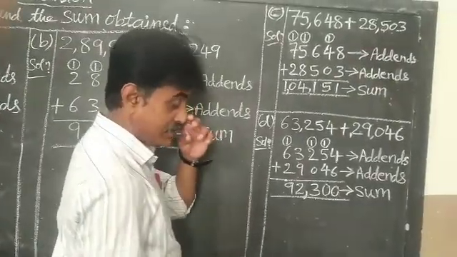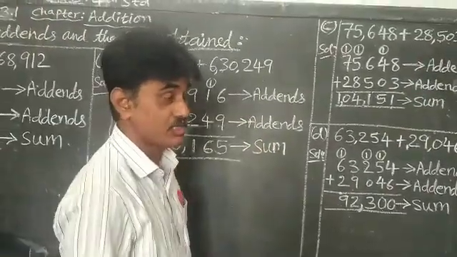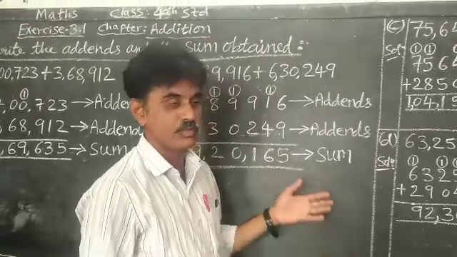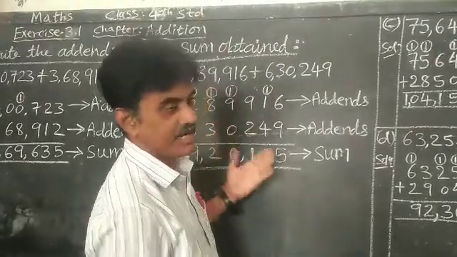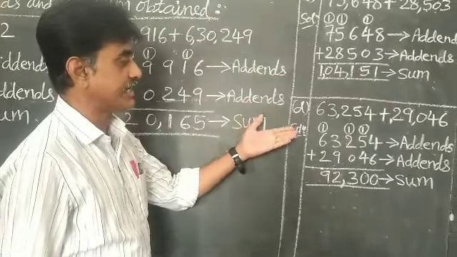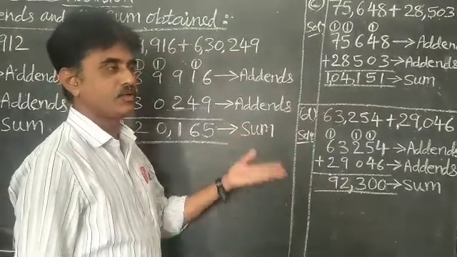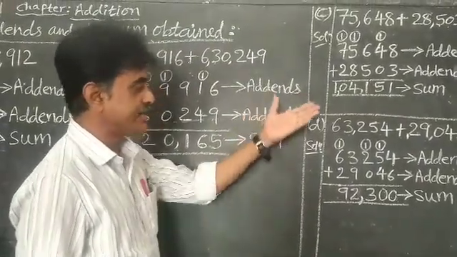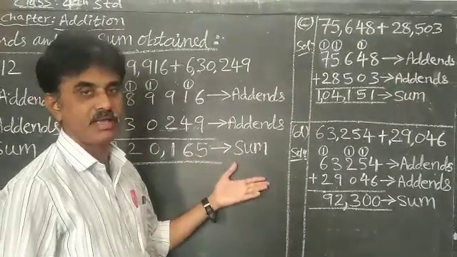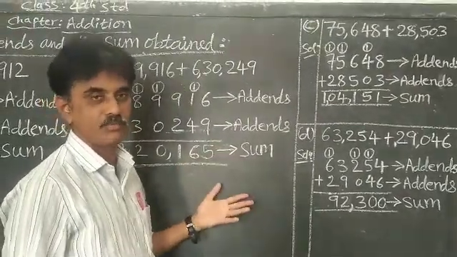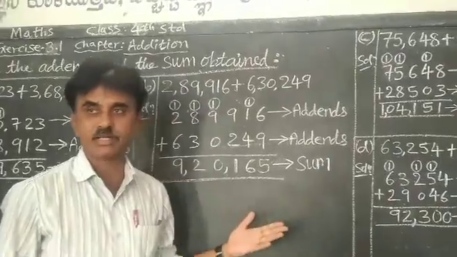In the first main question, A, B, C questions we have done. The remaining 3 you have to take for homework. And in this second main question, A, B, C, D we have done. E and F you can take for homework. And these problems you write in your maths classwork notebook. The remaining problems will continue in the next class.